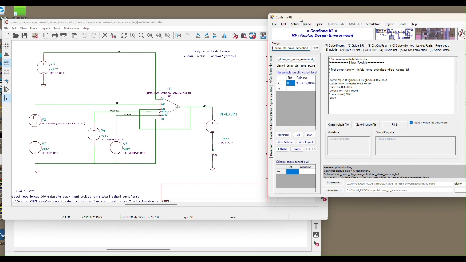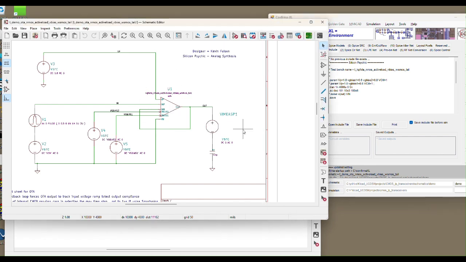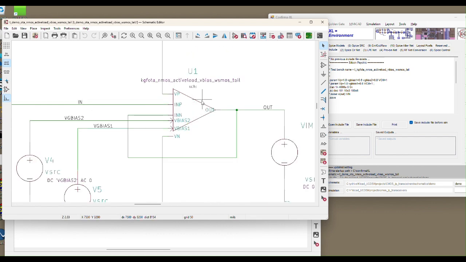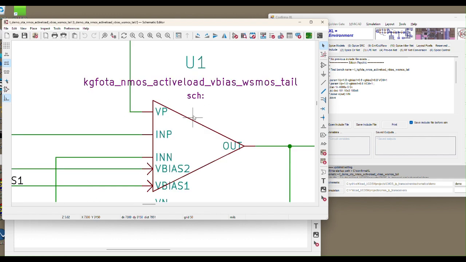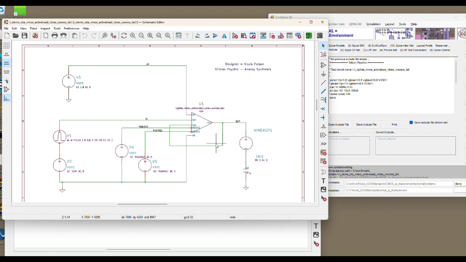So now within the Confirma design cockpit, you have T demo OTA. That's actually this schematic here. Let's take a quick look at what is on this page. Again, this is a CMOS transistor level OTA. This is the symbol for that. It's a hierarchical symbol, meaning that there's an underlying schematic. You know that because there's this parameter that reminds you, SCH colon. That's how you distinguish that hierarchical symbol at a glance